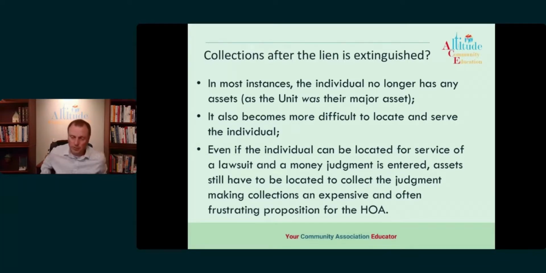The vast majority of people do not file an answer to our complaint for the foreclosure. So oftentimes we get the order and decree without having to go through a trial per se. We'll get kind of a default judgment.